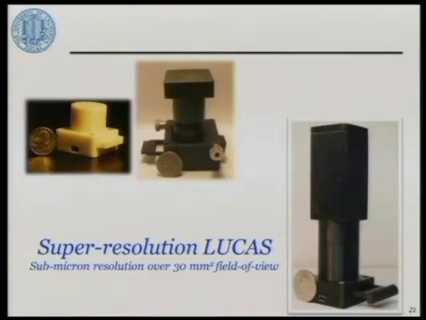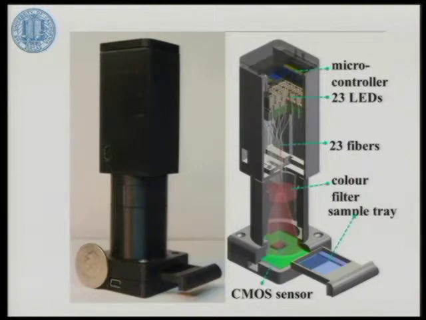Now I'll tell you more about how you can improve the resolution of this platform further without sacrificing the field of view. In conventional microscopy, there's always a trade-off between resolution and field of view. If you want to improve the field of view, you would sacrifice resolution and vice versa. It's a fundamental trade-off of conventional compound microscope design. But computational imaging has certain advantages to make this trade-off disappear. To achieve the same field of view, some 20 millimeters square, with a much better, deeply submicron resolution, what